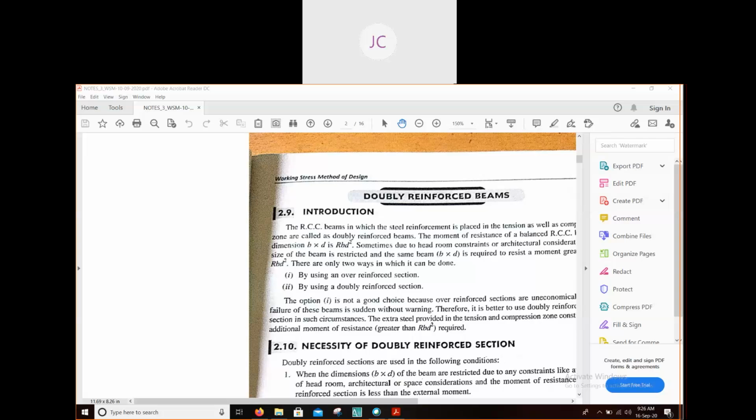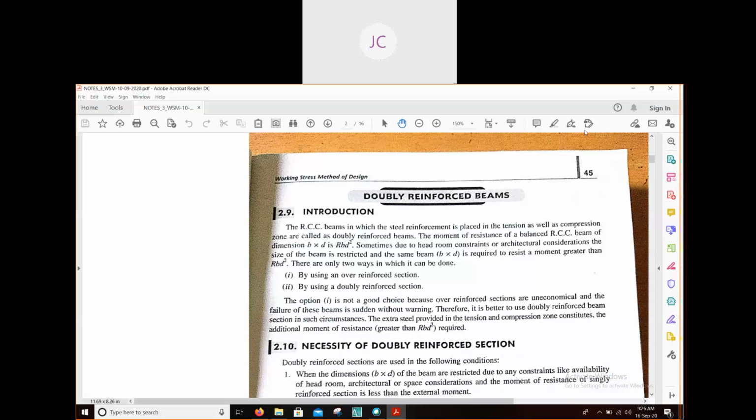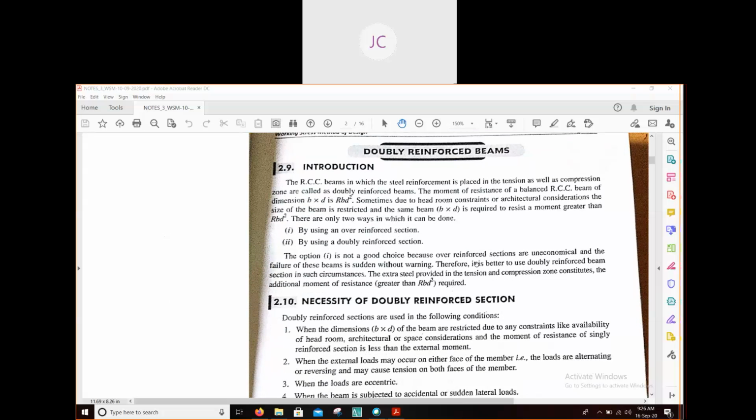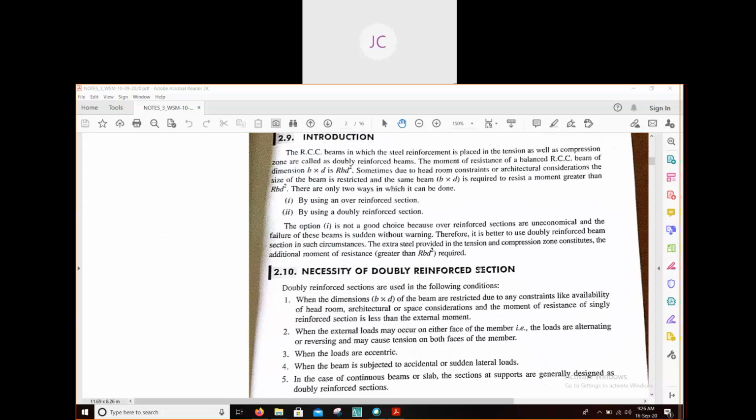Okay, so as we discussed in the last class, W reinforced beams means we will provide reinforcement both in the tension as well as in the compression side. But we have to know under which conditions we will provide this W reinforced beam. In the last class I told you, and again today I am repeating the same thing, that